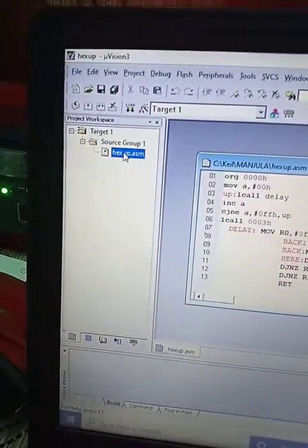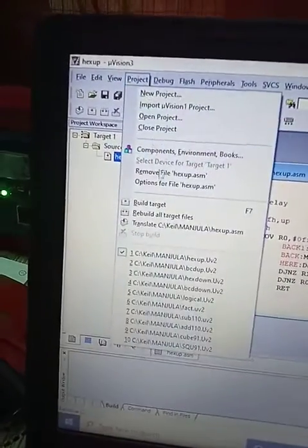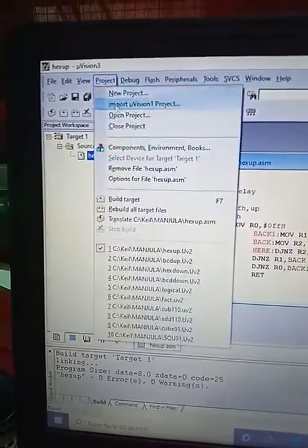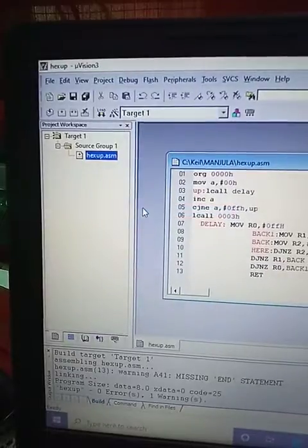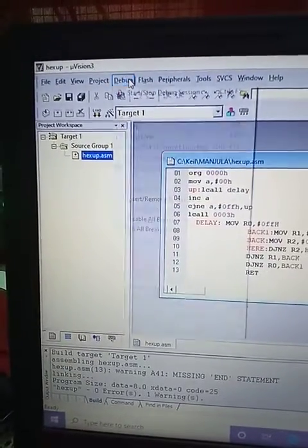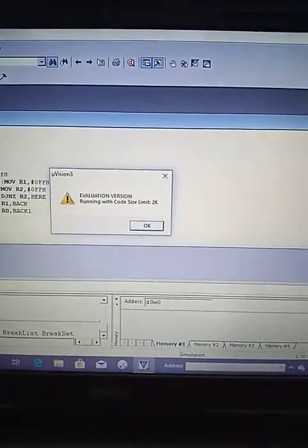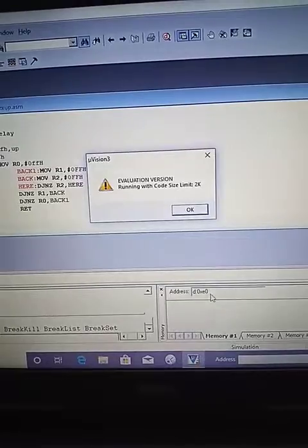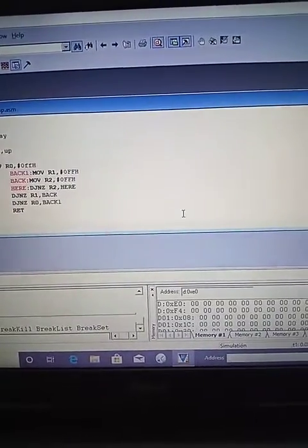I click on the hex, build target, 0 errors and 0 warnings, rebuild target, 0 errors and 0 warnings, start stop debug session. So the location of the accumulator is the same, that is D:0xE0.